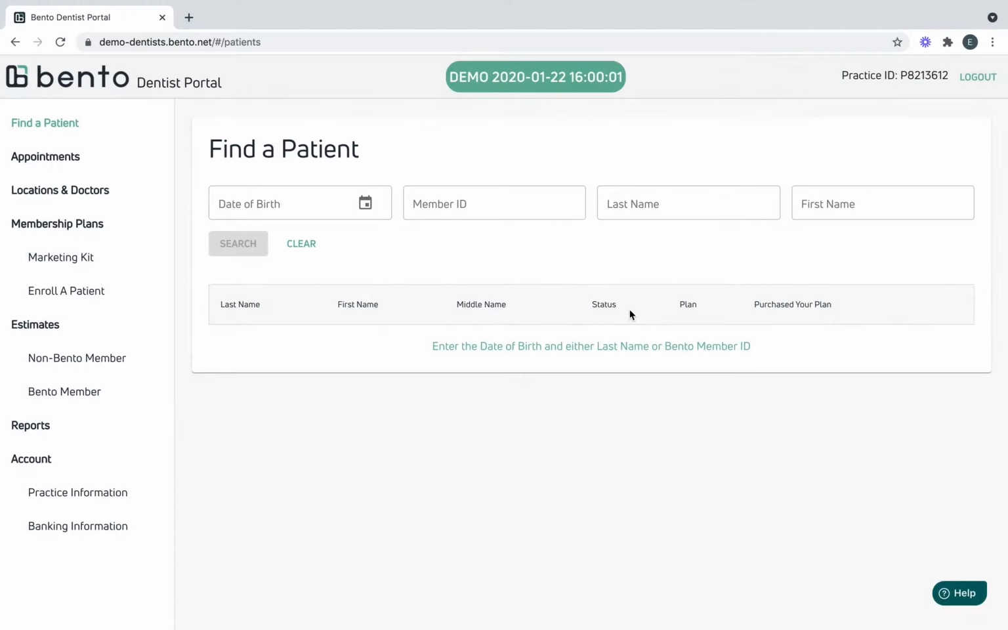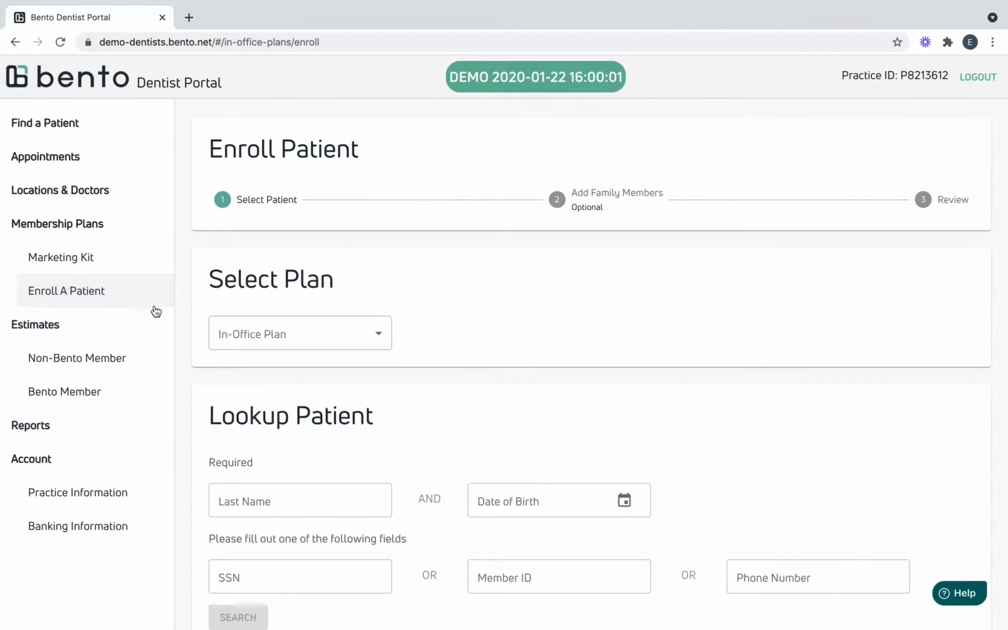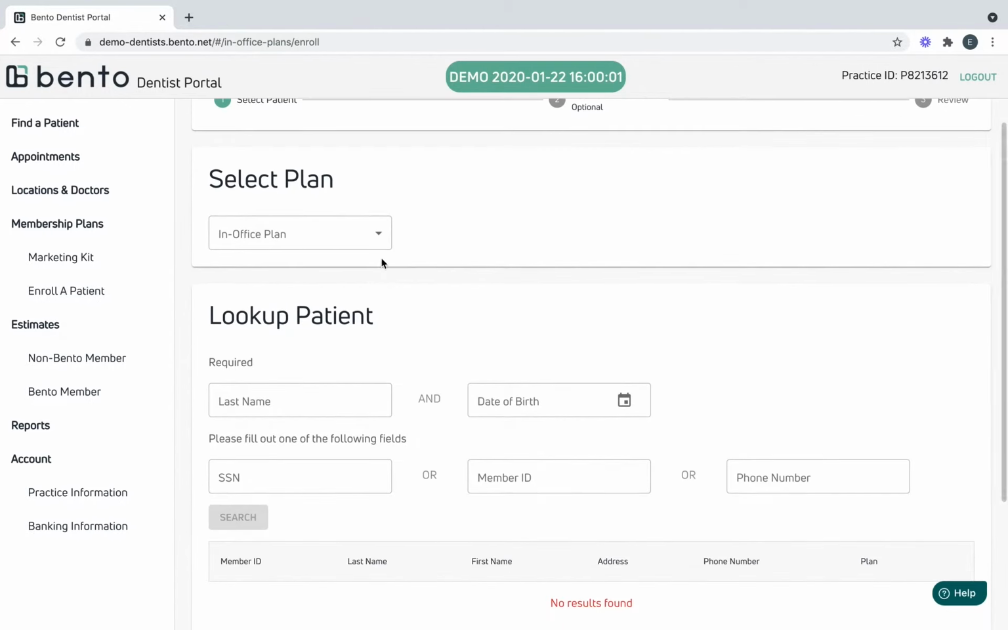Hey folks, now that we've created a plan in under 10 minutes, we need to go ahead and enroll our first patient. This is just as simple. All you have to do is click on Enroll a Patient. Bento will then have you select a plan,